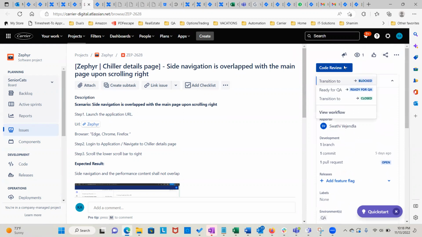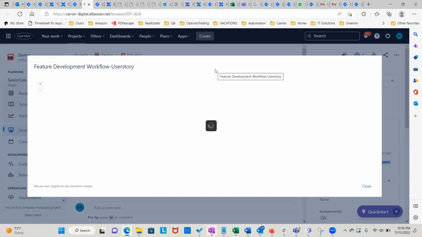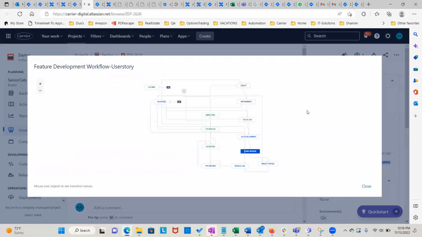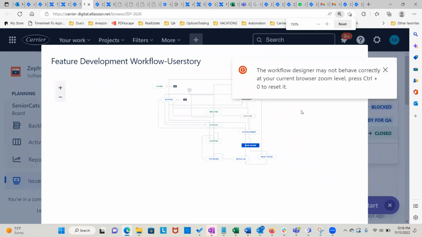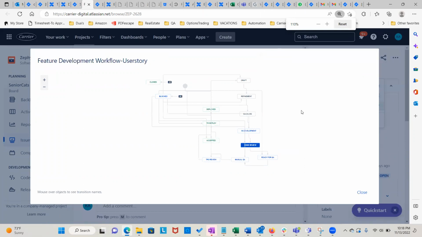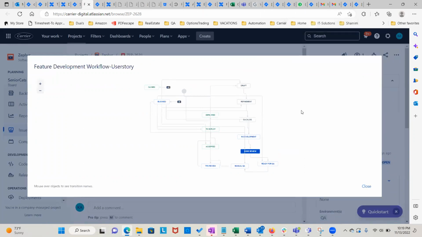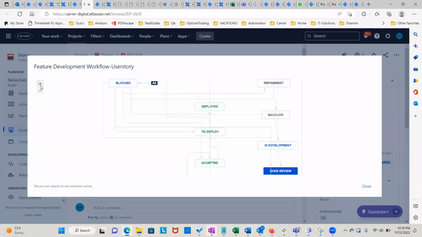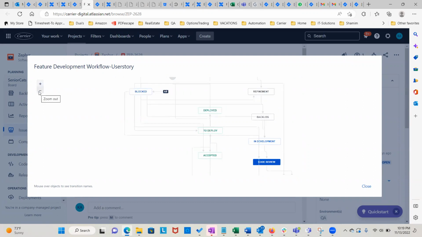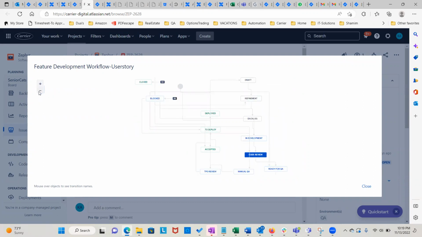Now let's go back to the Jira workflow, view workflow. This workflow is configurable. Again, I'm mentioning this over and over so you understand. We configure it the way we want, the way we like. Is it visible, guys? Can you see the workflow?